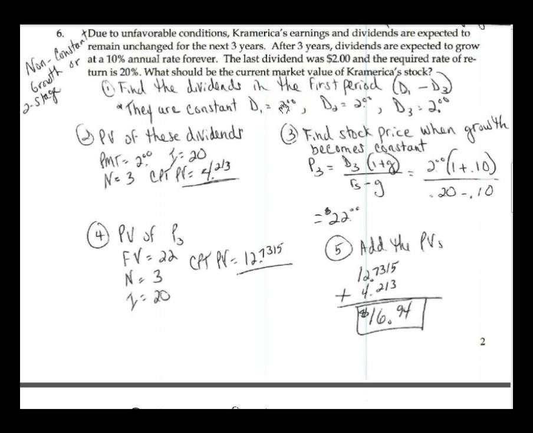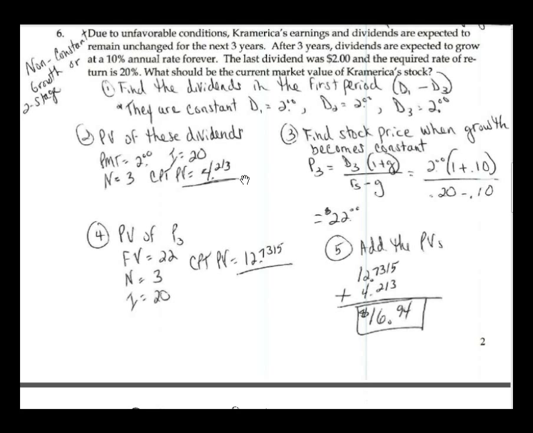$2 was the last dividend, so that's what the dividends are going to be for the next year, the year after that, and the year after that. So for the first 3 years, they're $2. You can use your calculator for step 2. Just use the annuity function. $2, 3 years, 20% required rate of return. Solve for the present value, and you should find it's